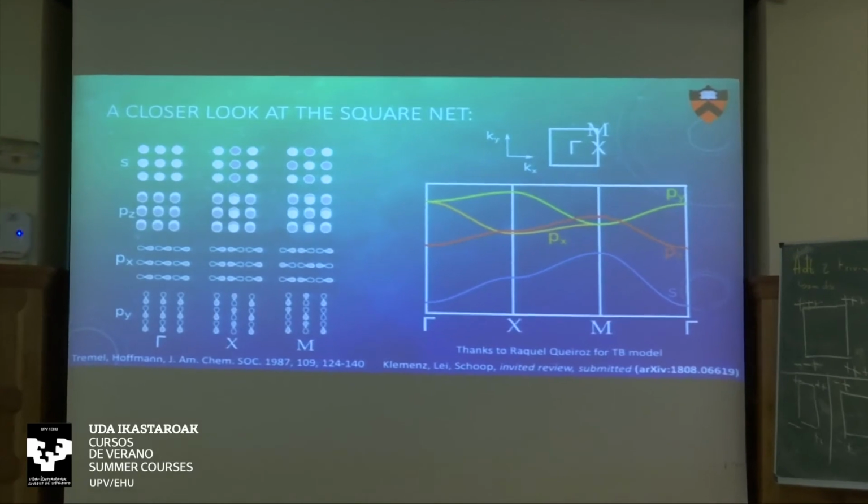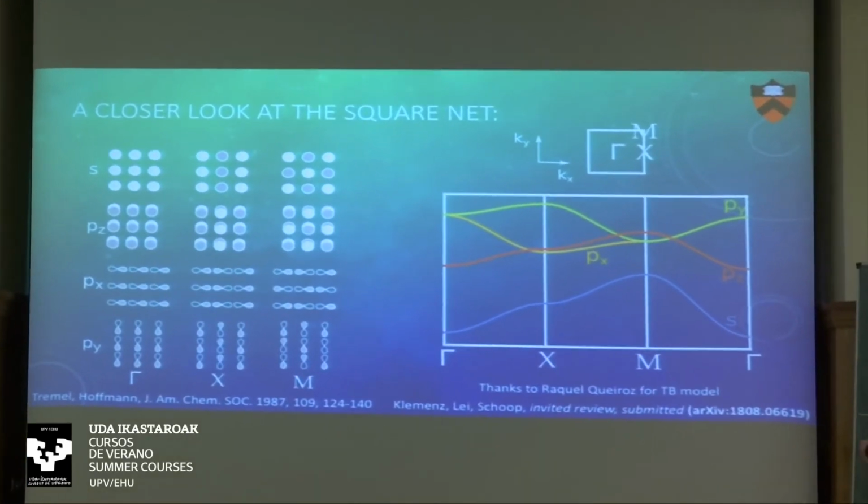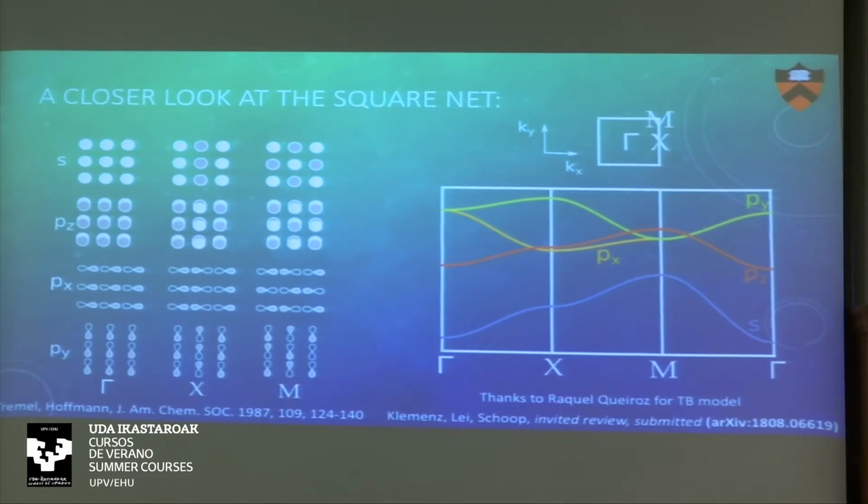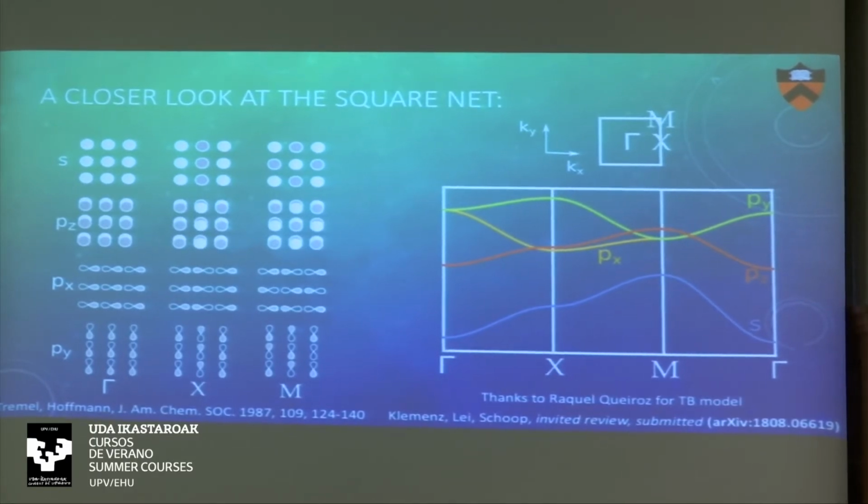And you get the same thing if you put in a simple tight binding model. This is just the chemistry way of doing tight binding. Okay. Yeah? Can you draw those graphs without using tight binding? Yes, you don't need tight binding. You can just draw your orbitals and look at where the bonding is. And you get that. But how do we get the shape of the graphs out of the